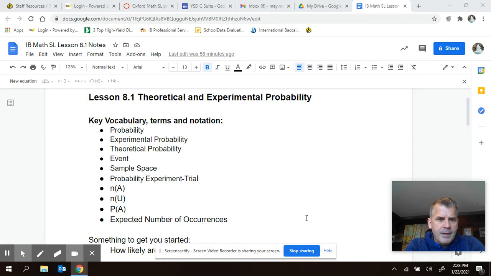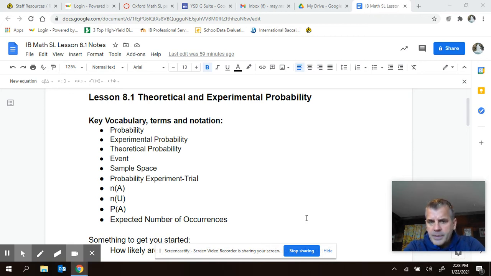There's some key vocab there that you can see I've listed, and then there's some terms and then some notation. And so your job here, as we go through this, is having a working understanding, or if you want a formal understanding, of each of these terms. To make it formal, pause the video and go and find these terms in this lesson 8.1 and then maybe give those as a written out definition in some way.